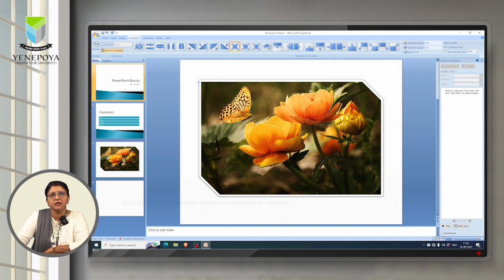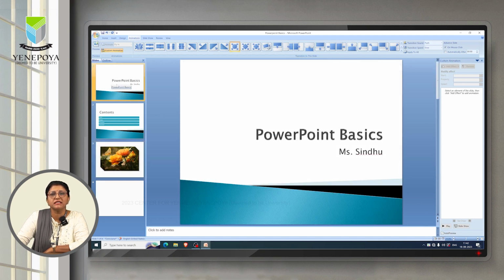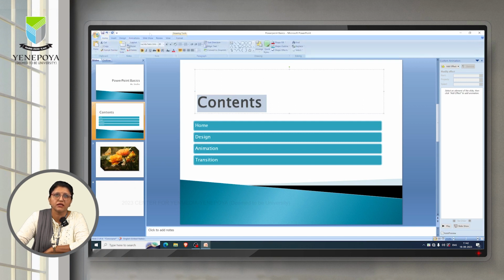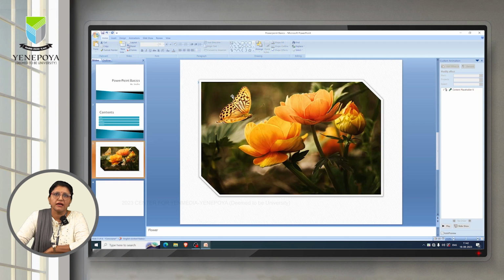So basically till now, what I told you was how to insert new slides, how to write the text inside the slide layout which you have selected, how to select the different layouts, and how to insert the contents inside that layout. When you are inserting the contents, you can change them by selecting the content. You can select different font formatting styles for that content to make it more presentable. And then I have told you for the index you can give SmartArt different styles also to make it more presentable. You can insert pictures and again give animation for the pictures,